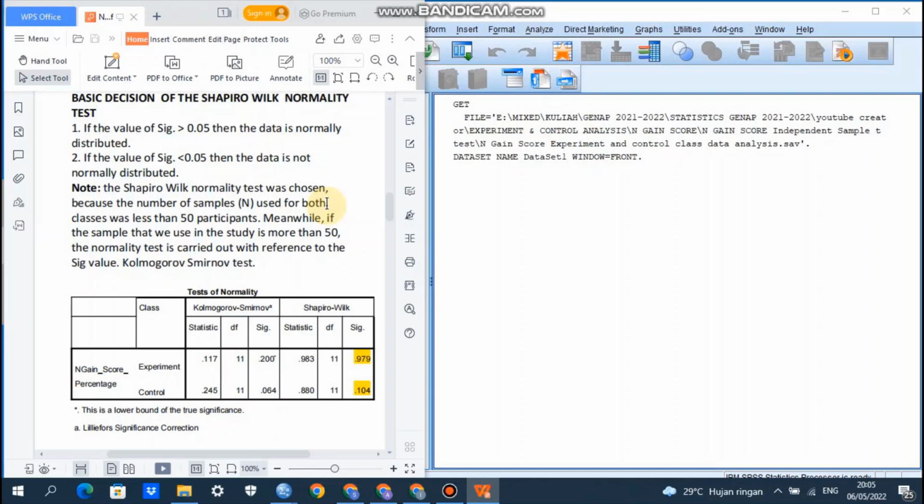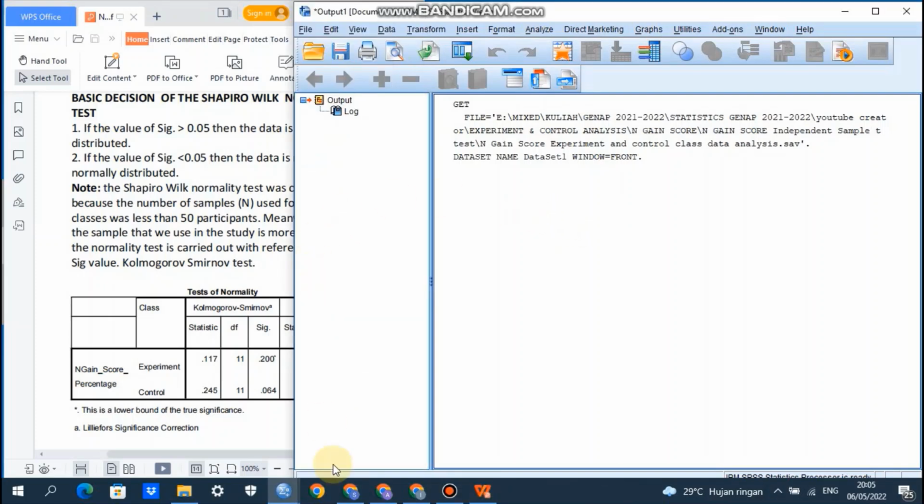Meanwhile, if the sample that we use in the study is more than 50, of course, the normality test is carried out with reference to the significance value of the Kolmogorov-Smirnov test. Okay, let's do the analysis.